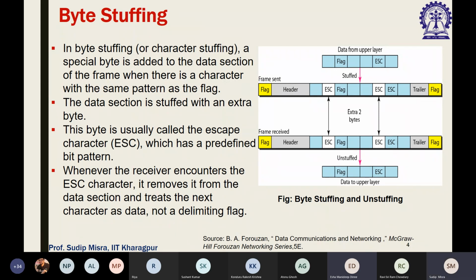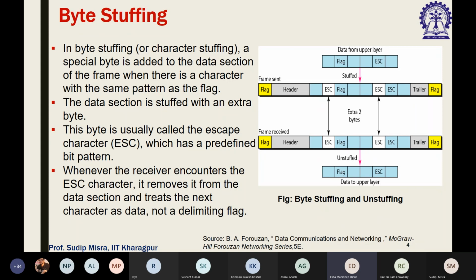In byte stuffing, you take a frame and you add a special type of byte when there is a character with the same pattern as the flag. Now the question you might ask is, what is this flag? So this flag at the beginning and at the end of a frame is an 8-bit, or 1 byte,